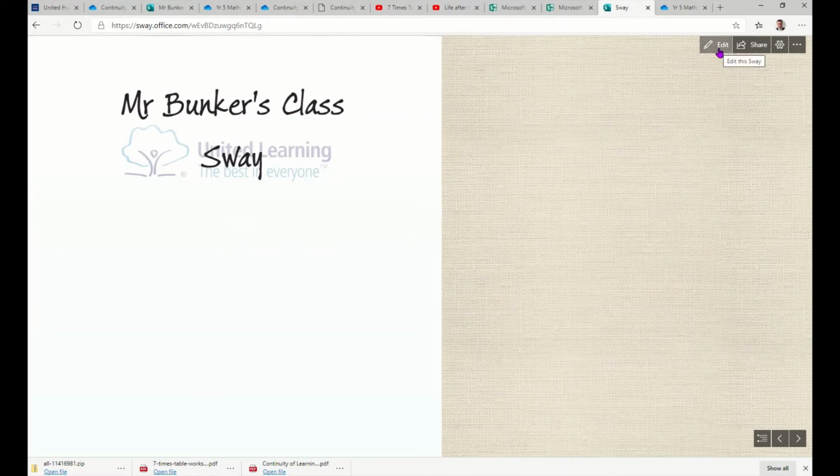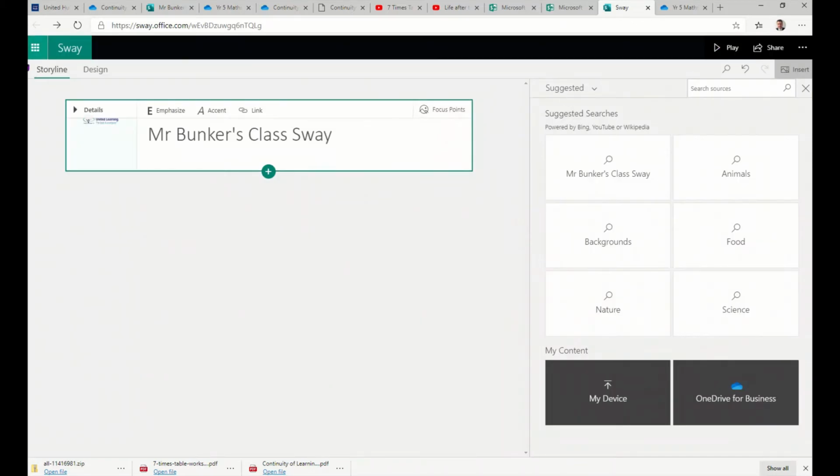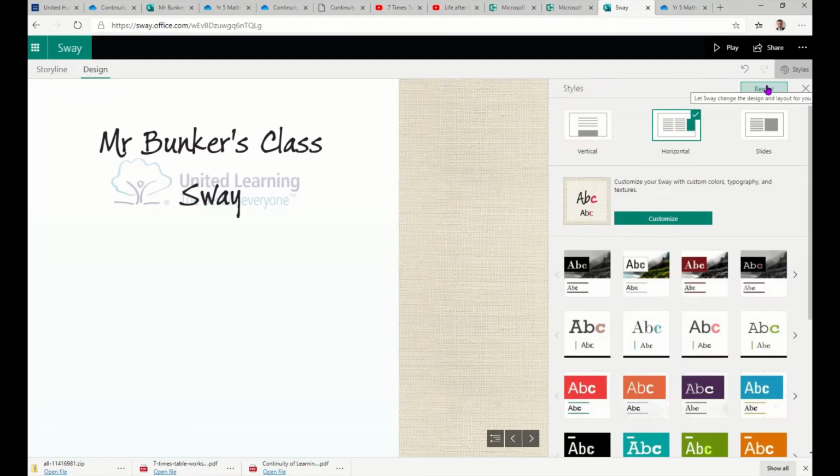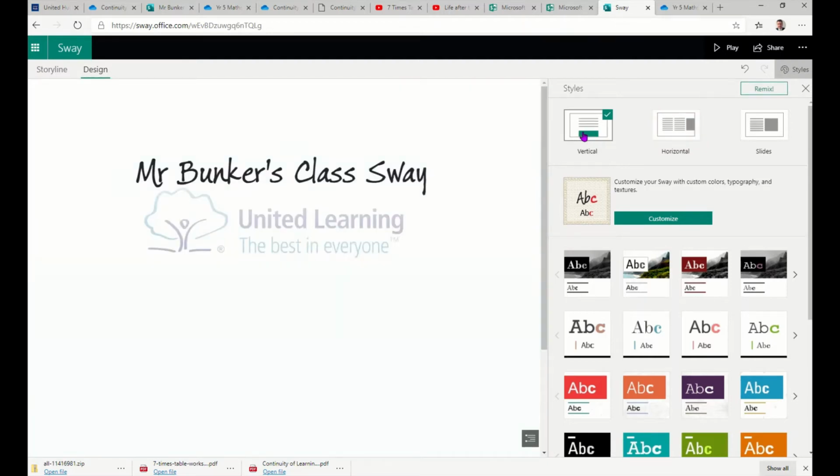this particular layout. So when I go back to edit, instead of looking at the storyline, I can go to the design and it will show me a whole range of different designs and different layouts. Now the thing that I would like to change here in styles, when I click on design, is I'd like to make this a vertical scrolling Sway. So that's easier for people who are accessing via a mobile phone to scroll down rather than swipe across or